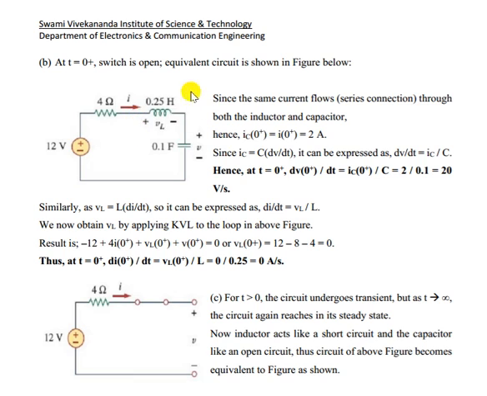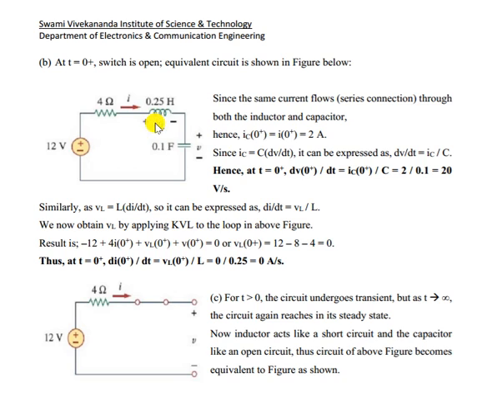Similarly, the voltage across the inductor is V equal to L di/dt, so di/dt equals VL by L. Now from this circuit we have to find the value of VL. This is a series circuit, so you can apply KVL here. Going clockwise, it encounters minus first, then plus, since the current flows in this direction, plus again here, plus again here. So the first term is minus, the other terms are plus. Here it is 4 into I.